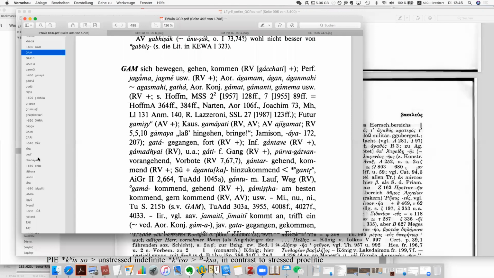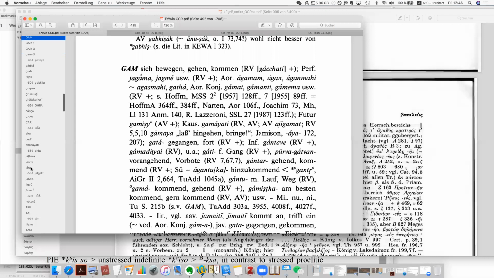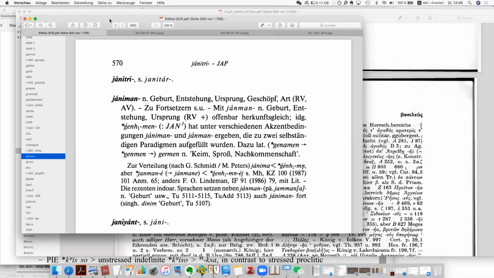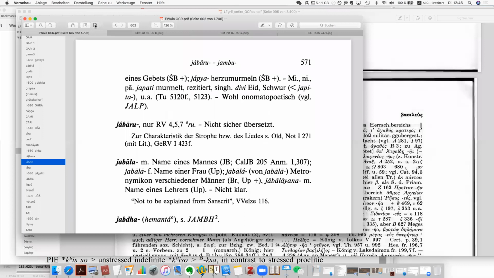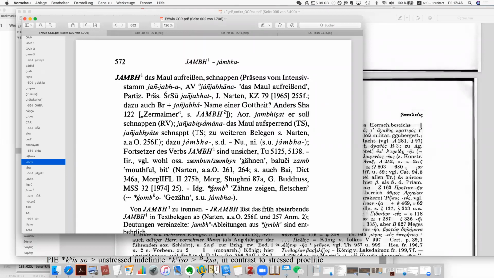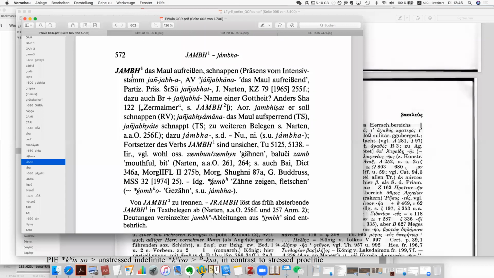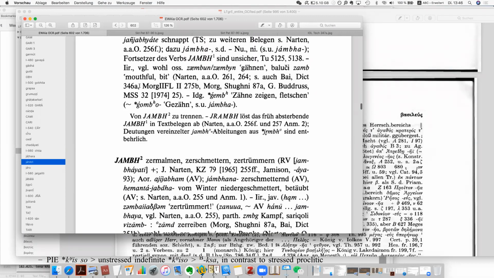Wait a minute. I hope I'm not mistaken. Here. You see, there's a word called jumper, and